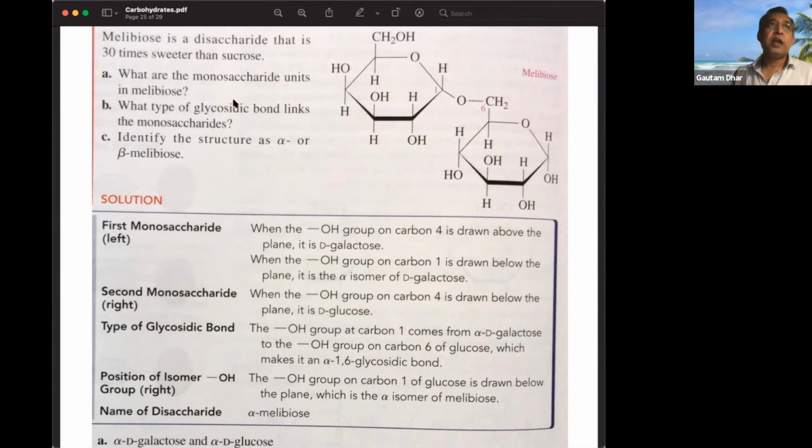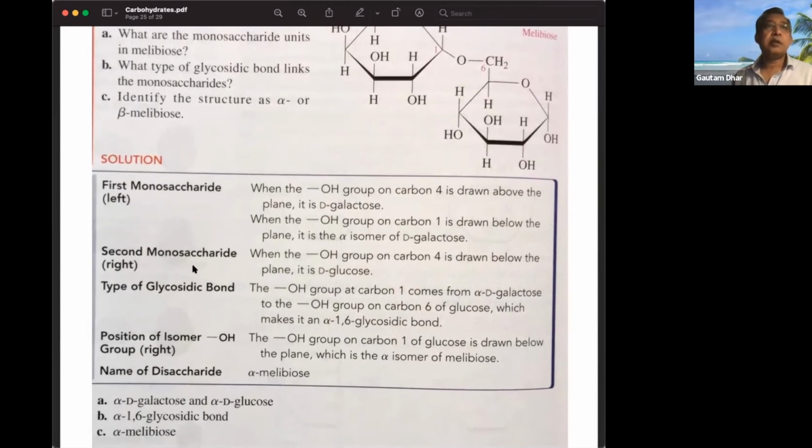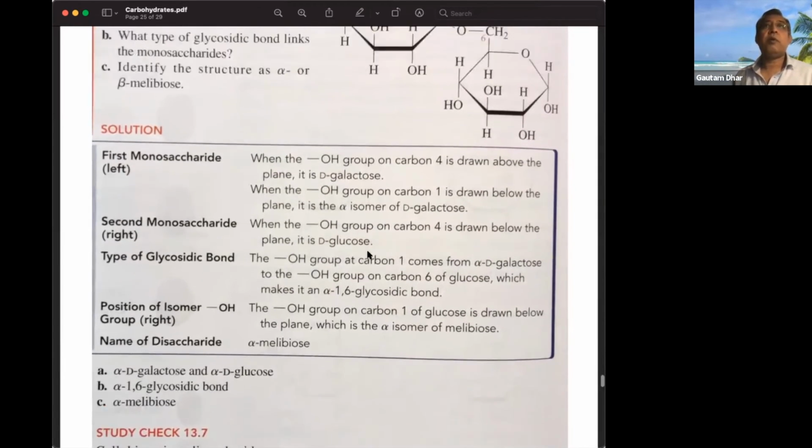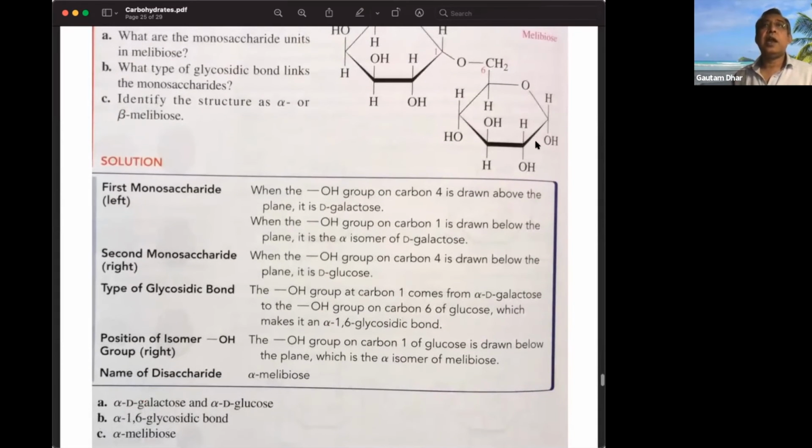So this is a 1,6, and in the anomeric carbon, the OH is pointing down. Down means it's axial, so basically it's alpha. So this is alpha 1,4. Now the solution is given here. So 1,6, so alpha 1,6. And if you look at the product, the OH is pointing down, so that's the alpha product. So this is alpha